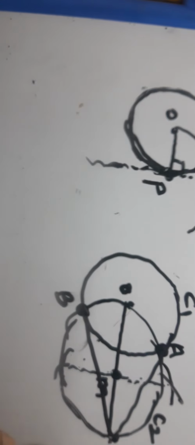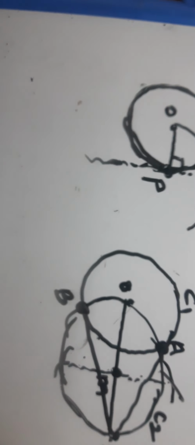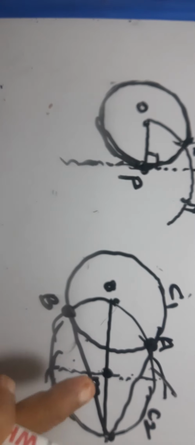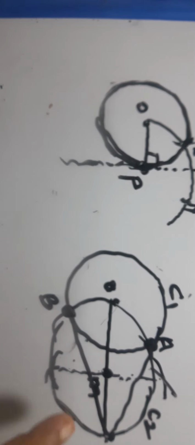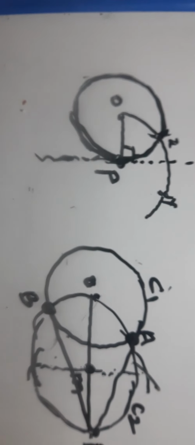These are the 2 required tangents from the external point P, to the circle. To the circle, PA and PB are the tangents. Okay, now